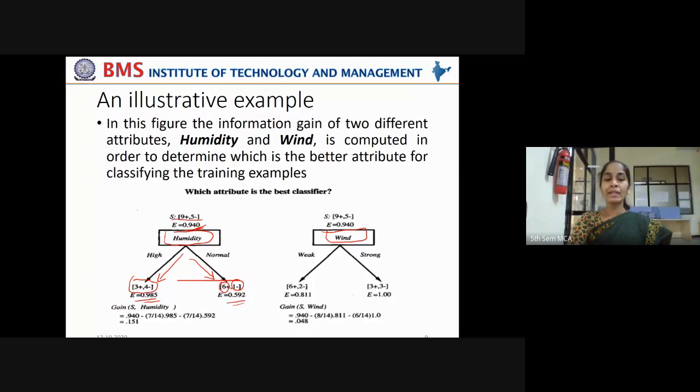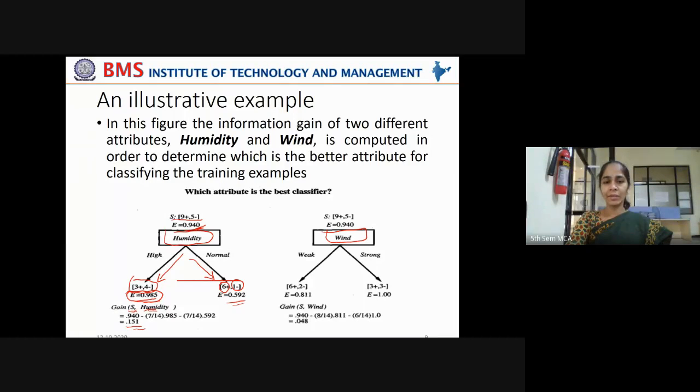I'm repeating how you read this. Information gain that is achieved from this set of training examples S by using humidity as the attribute for classification. How much is the information gain? Substitute the entropies in the formula. Total entropy 0.940 minus number of training examples having humidity value as high, 7 by total number of training examples 14, multiplied by entropy of humidity high, that is this value